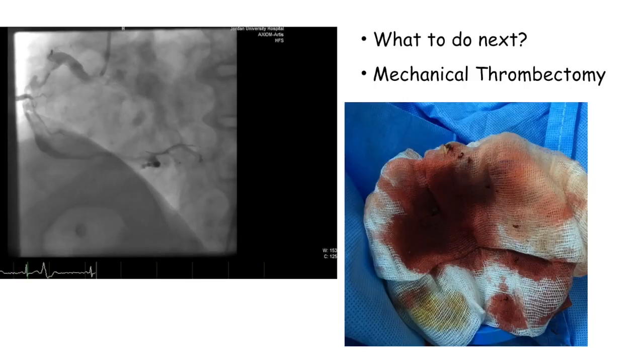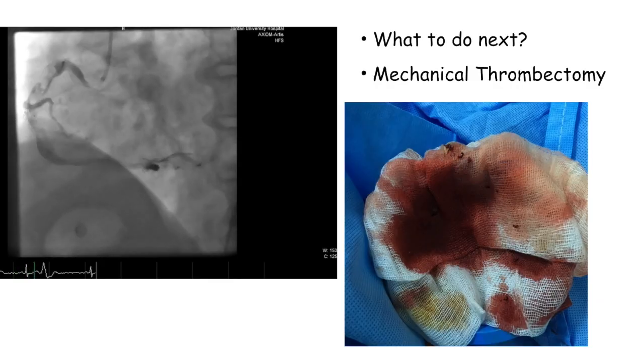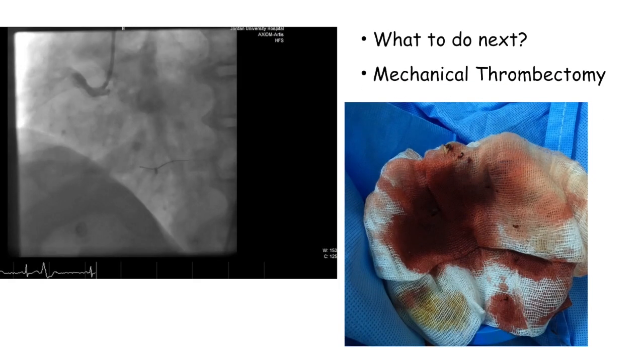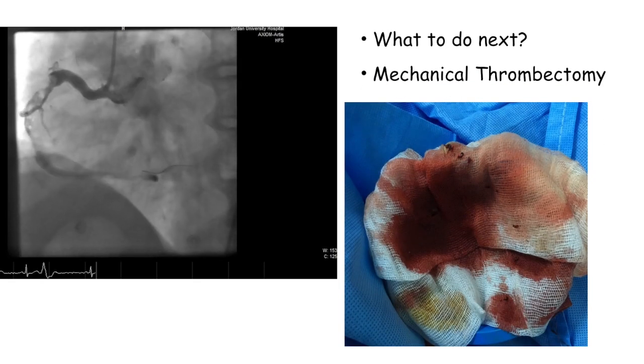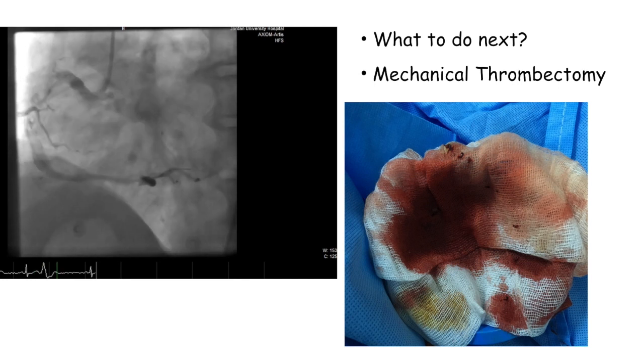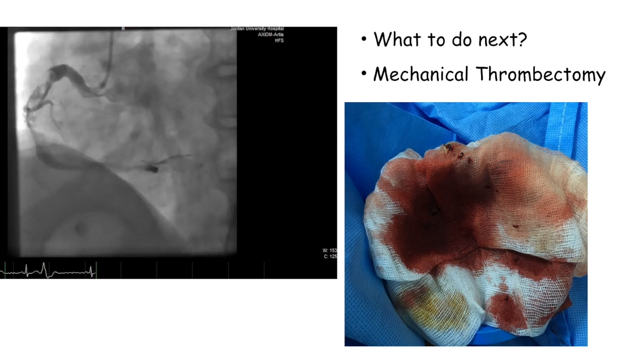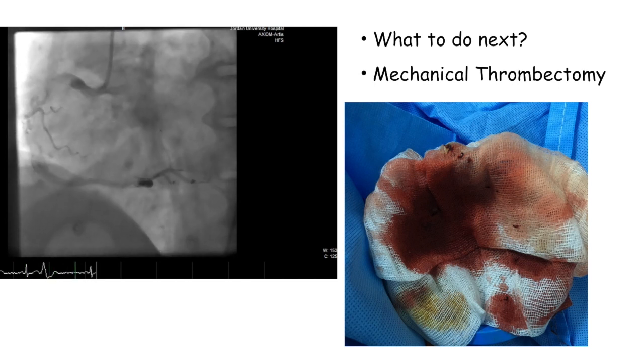Apixaban is the much more effective agent to use in these patients, which is not available for us. So we decided in this patient, based on the thrombus burden we see, to give him boluses of everything we have here. And I gave him a double bolus of tirofiban in the cath lab. And then